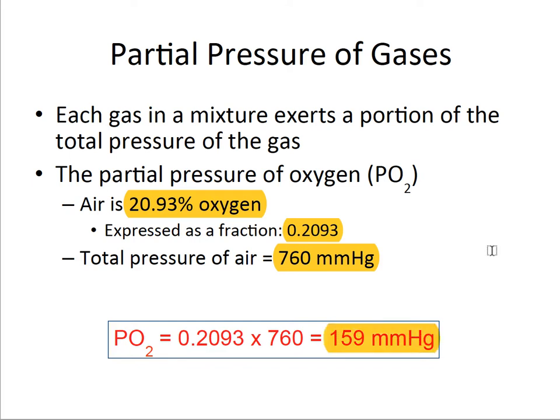And gases want to go from a high to a low partial pressure. So this is what it is in room air, 159, and it's obviously going to be less than that as we go into the trachea, into the lungs, and into the circulation, and finally oxygen gets into the cells and into the mitochondria. So this is the equation for partial pressures of a gas,